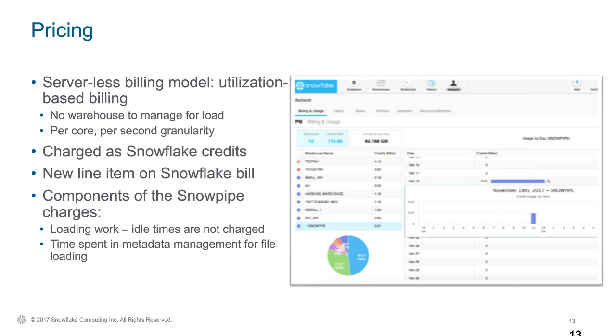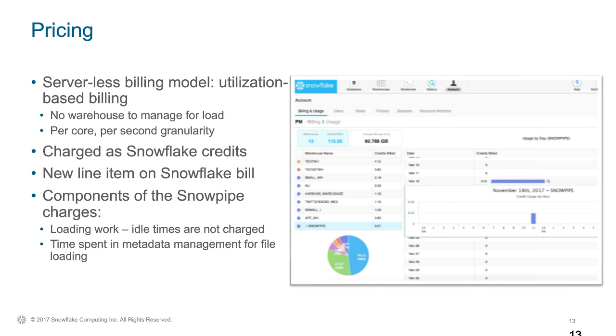The way you track your Snowpipe utilization and cost is, first of all, going into the billing and usage page on the portal, and you see a screenshot of that. If you go over there, you will find a new virtual warehouse that we're showing called Snowpipe with a little snowflake sign in front of it, which just illustrates that this is a serverless Snowflake-run experience. And then you will get the same breakdown on a daily basis for the usage of Snowpipe. You'll see the number of credits, and if you click on a specific day, you can also see the intraday consumption.